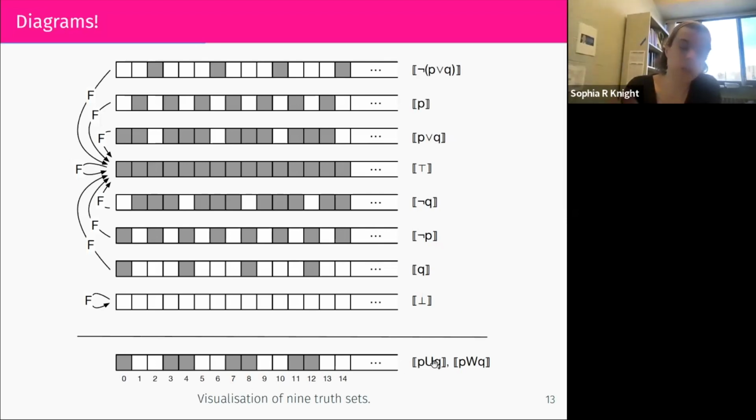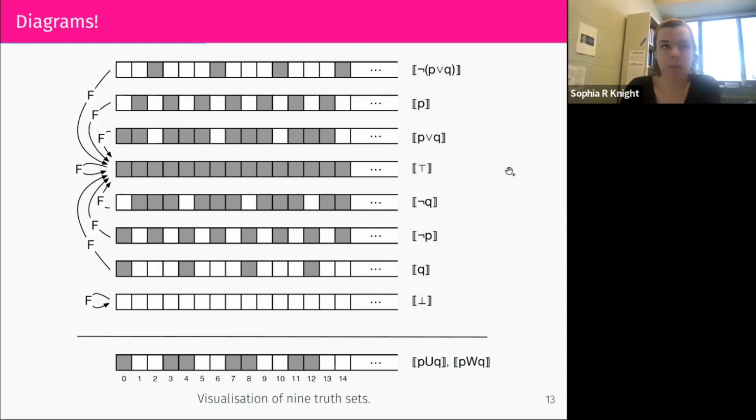So that's p until q. P weakly until q is the same in this case. Since p is not true forever, p until q and p weakly until q are true at exactly the same states. Neither of those shows up in this closed truth set algebra. So that's a proof that until and weak until cannot be defined using f, g, and Booleans.